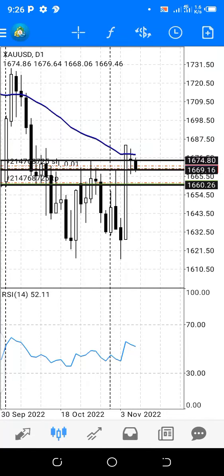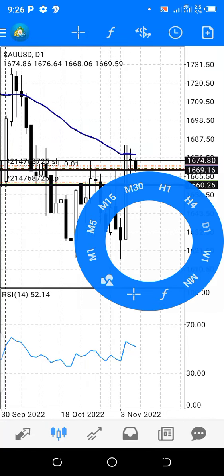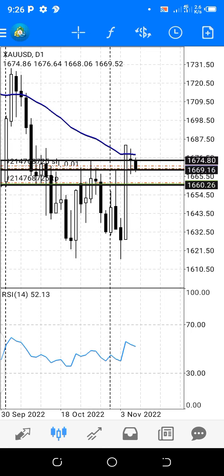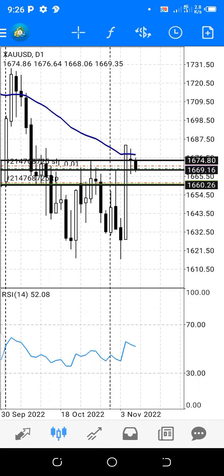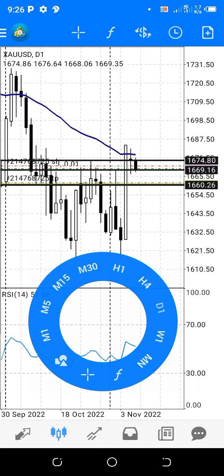Trading this gold setup, I've been watching the setup for some time, and I've discovered that it has really clicked with my prediction. So number one, I want to see